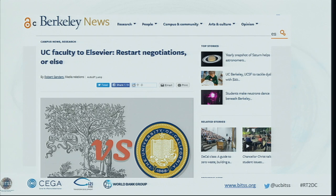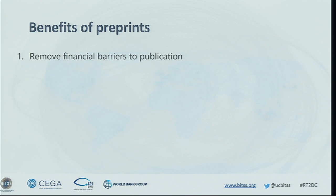And then this is a recent development from the UC system. Around 200 UC faculty from the biomedical sciences have threatened to leave their editorial positions with journals run by Elsevier unless they renegotiate the deal and are more flexible with open access. Despite this, companies like Elsevier, which holds around a quarter of the market with journals, record incredible profit margins of over 30%. Just to give a comparison, companies like Google and Apple are in the 20 to 24% range. So that's bad,